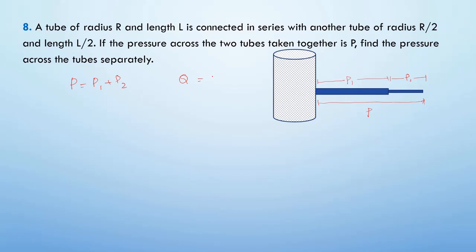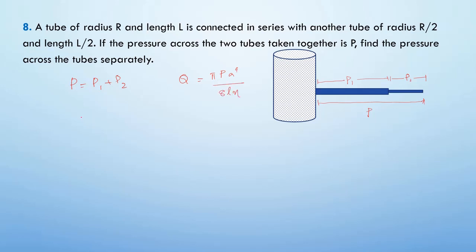The water flowing through this tube has to flow through the other tube also. So the rate of flow is always the same, and we have an equation for rate of flow given by π P a to the power 4 divided by